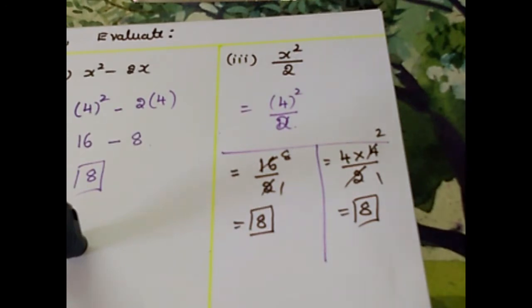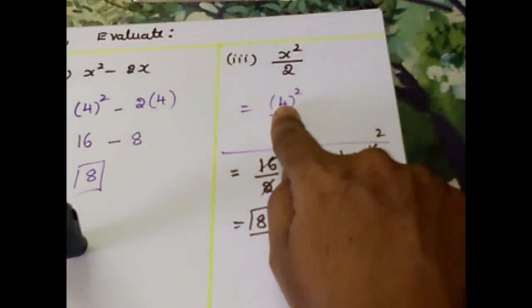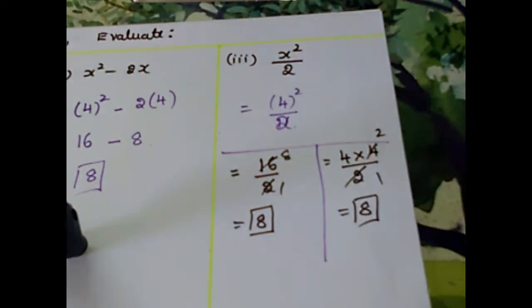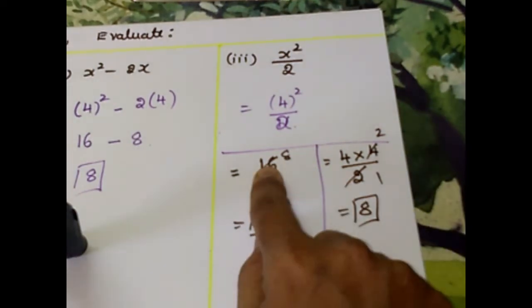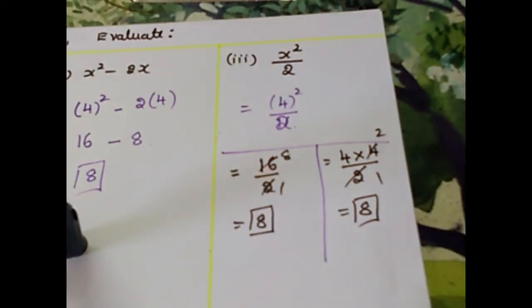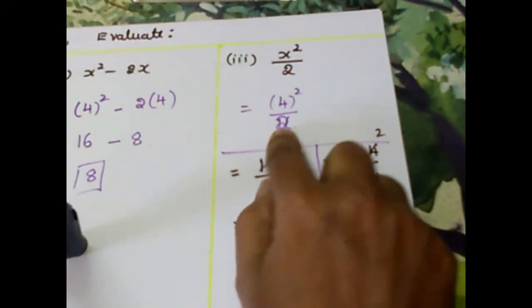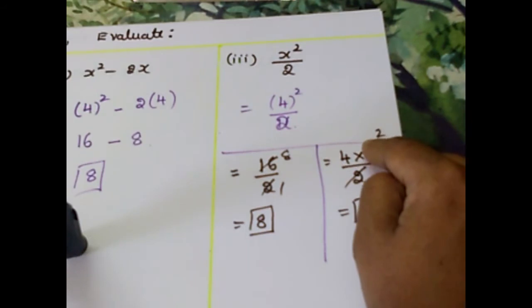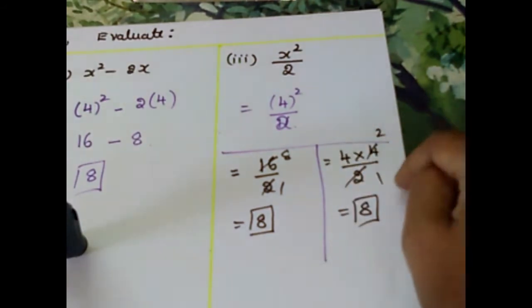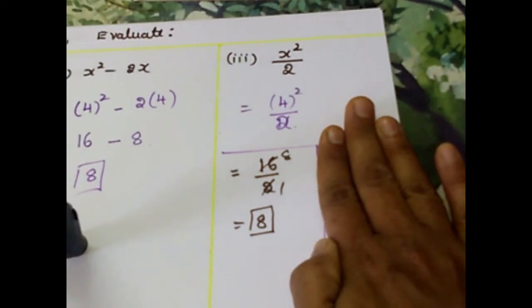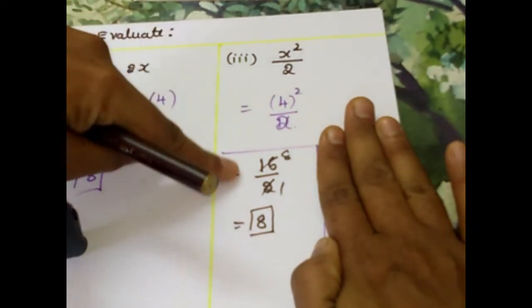Because the number is 4, which is very small, it is easy for calculation. But when you have greater numbers, like 26 square or 27 square, instead of multiplying 27 into 27, we can just cross-check whether we have any denominator value which can divide 27, so that your value becomes simpler for calculation. If you did not get this, need not worry, leave it. Solve it in the actual method.